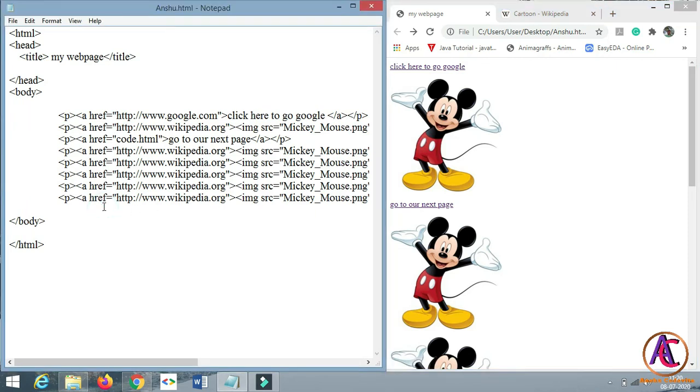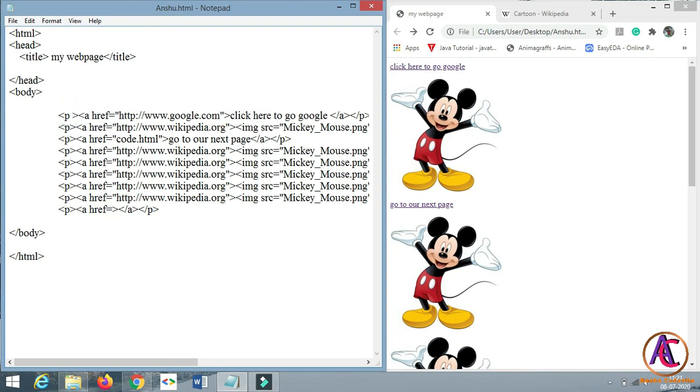To create that, let's first create a paragraph and close the paragraph. In that we have to give an anchor tag, a tag, and close the a tag. In that we have to create a reference from the bottom to top. So to do that, let's first create an ID for the first tag of the body.